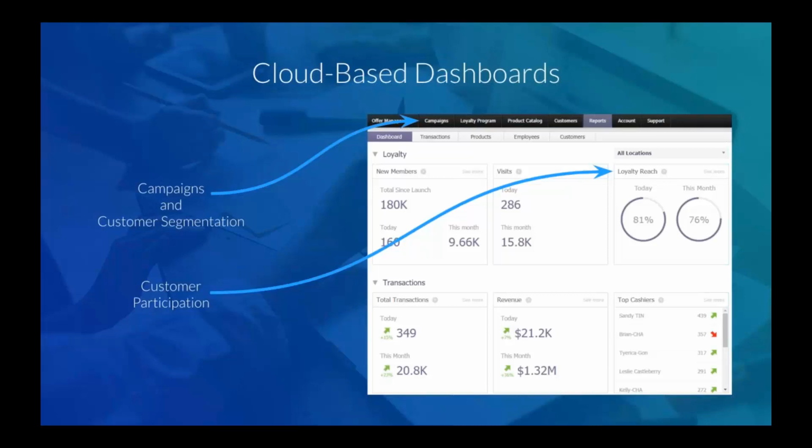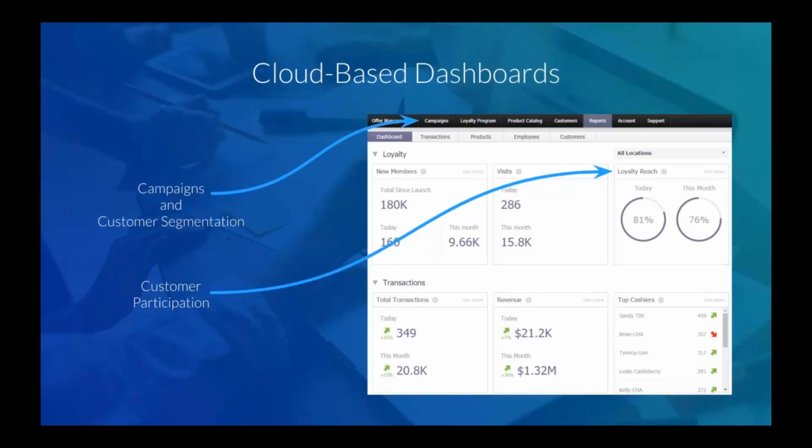Here is a quick peek at our cloud-based computing dashboard. So AppCard will provide you with a cloud-based dashboard that, again, is tracking 100% of your transactions. It's not just the people that sign up for loyalty or email marketing. It's actually all transactions from both your brick and mortar locations and your e-commerce platform if you chose to connect that as well. There are over 105 different real-time transaction-based reports for you to view from all locations, comparing and contrasting a few, or looking at them individually.